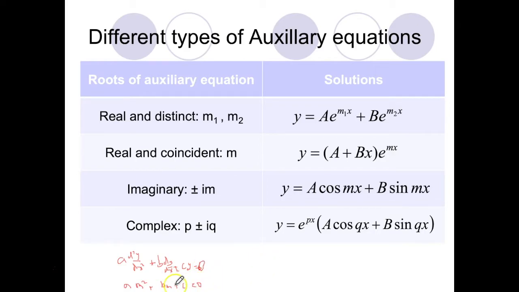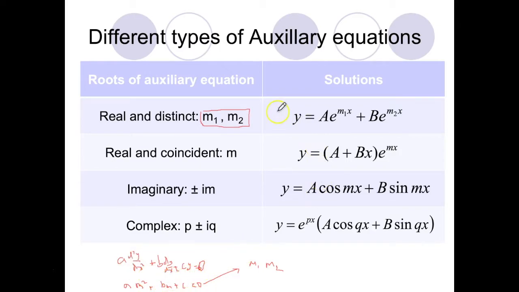You solve this equation and you get two values, m1 and m2. And we said if the values of m are real and distinct,